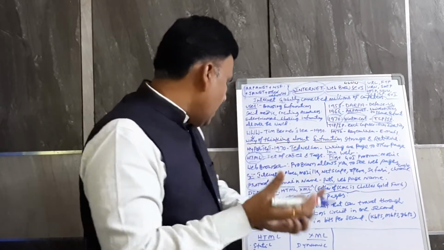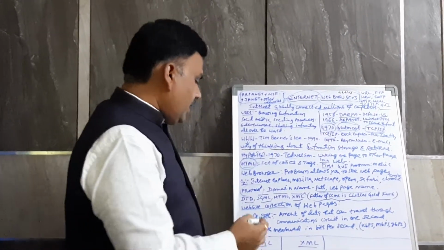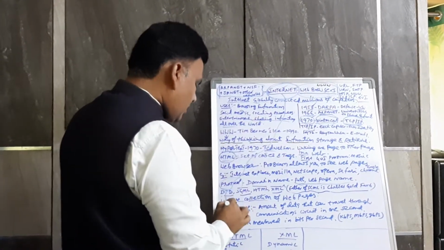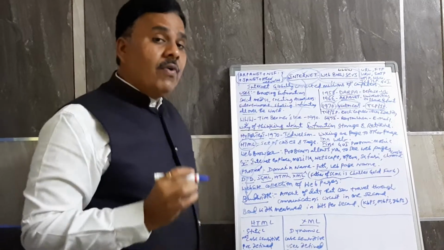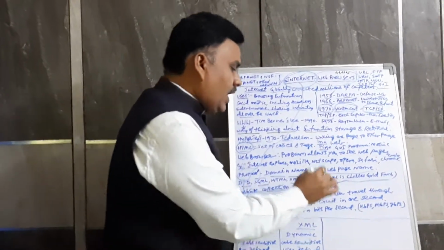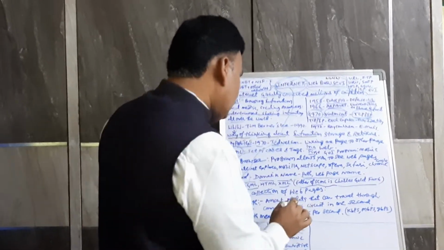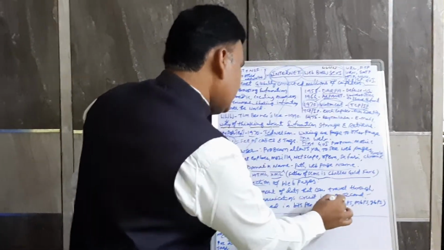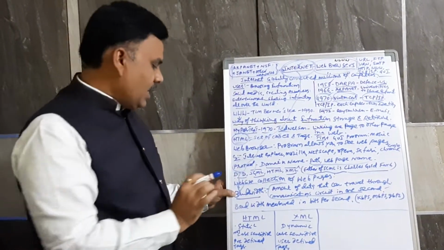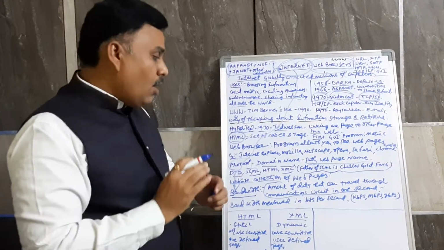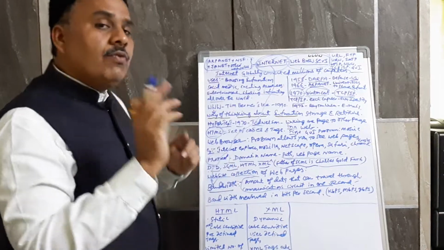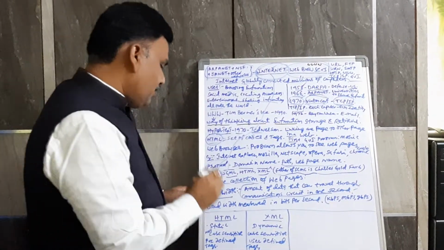So we can call it as websites. Here, once we discuss the internet, a very important concept is bandwidth. What is bandwidth? Bandwidth is the amount of data that can travel through the connection circuit in a second. What is the simple terminology of bandwidth? How much data is traveling in a communication circuit in 1 second. We call it bandwidth.